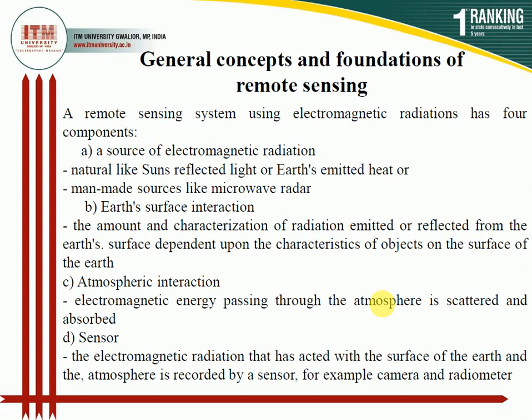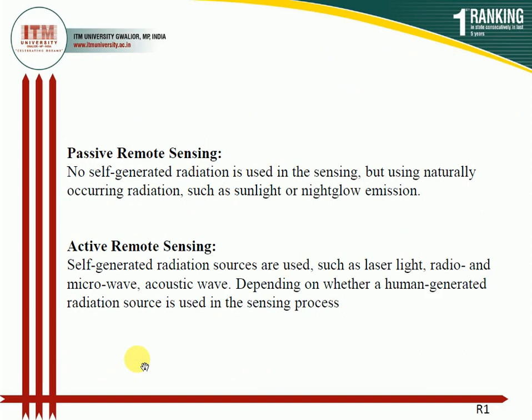The basic concepts behind remote sensing are: what is the main source of electromagnetic radiation, whether natural or artificial; how it interacts, whether the light gets absorbed, reflected, scattered, or refracted; how it interacts with the atmosphere; and which types of sensors are used in the process of remote sensing. These are all the main things a person has to consider when talking about remote sensing.